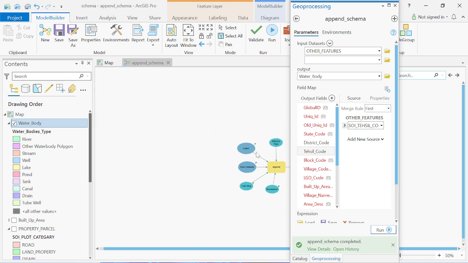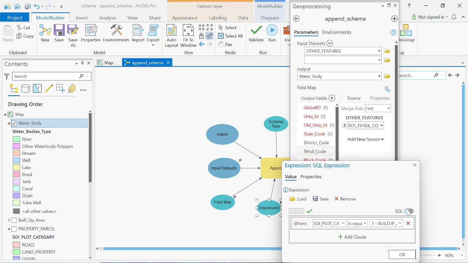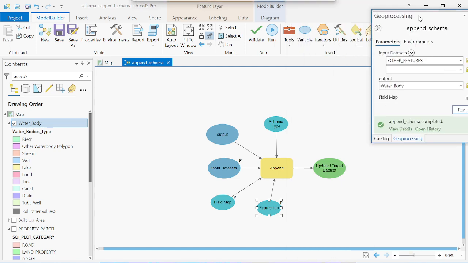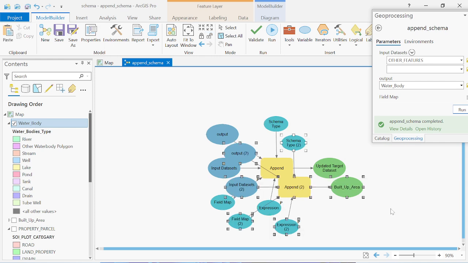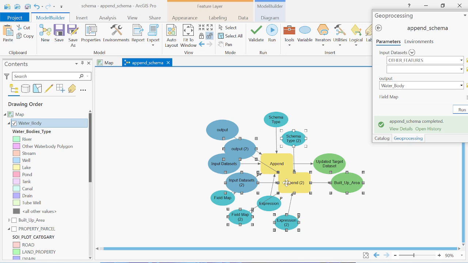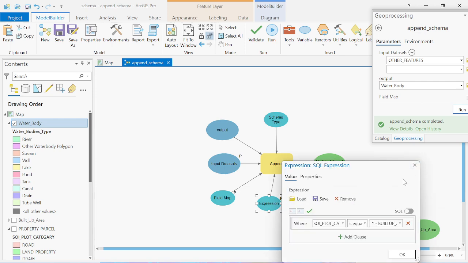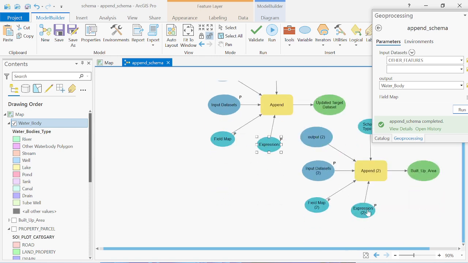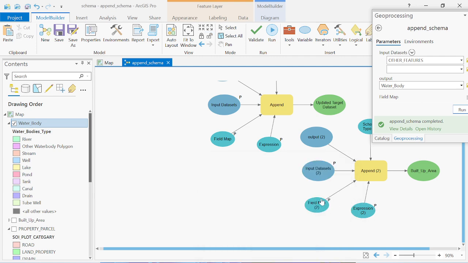See, I have created for this, so I will have to remove this parameter because I don't want it as a parameter. So here in expression you have to choose as hand pump. How? You have to copy all this thing and you just paste it here, right? See, so instead here my expression is built up area. Here I have to change it as hand pump, right? And my field map is same,